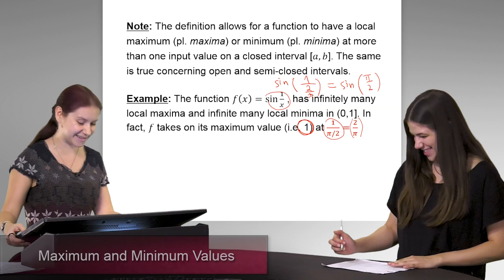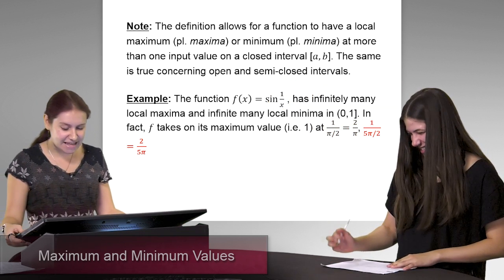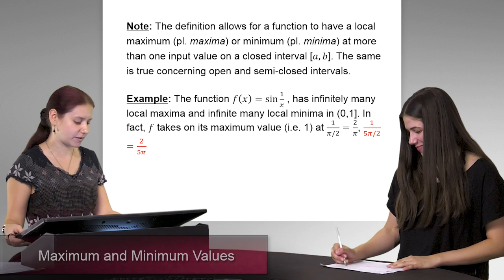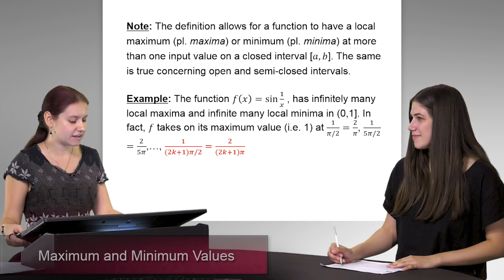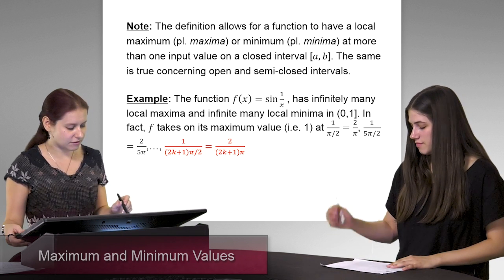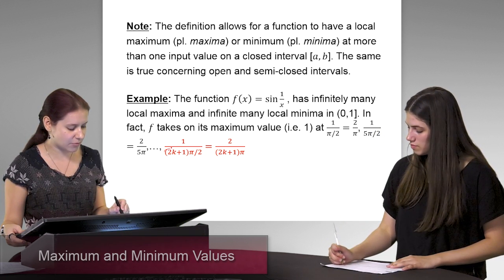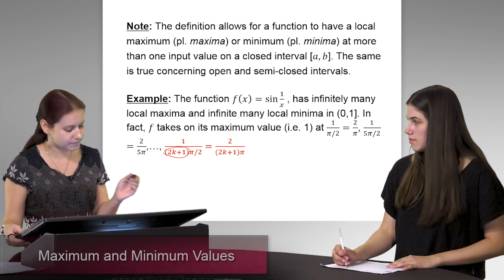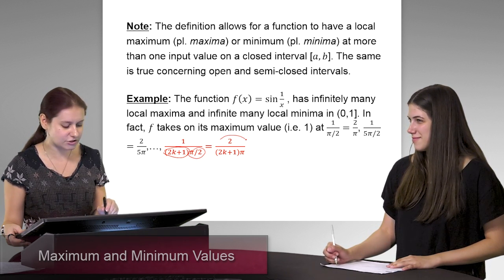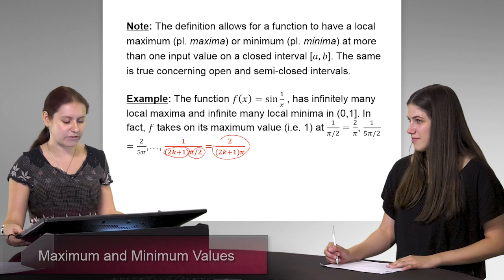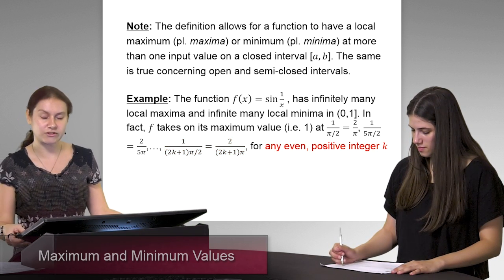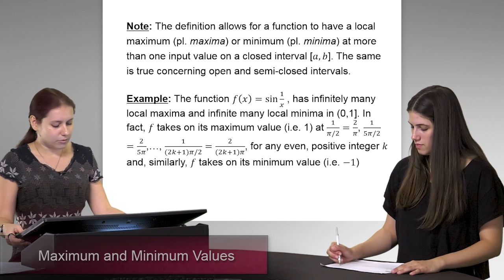Which is 1. Good. Same happens with 1 over 5 pi over 2, which is 2 over 5 pi. Same happens so on and so on, infinitely many. I can generalize this result as 1 over (2k plus 1) times pi over 2, which can be rewritten as 2 over (2k plus 1) times pi. For any even positive integer k, we have